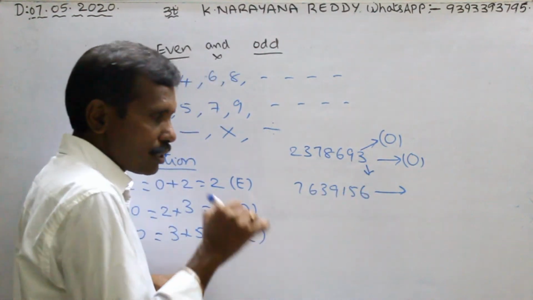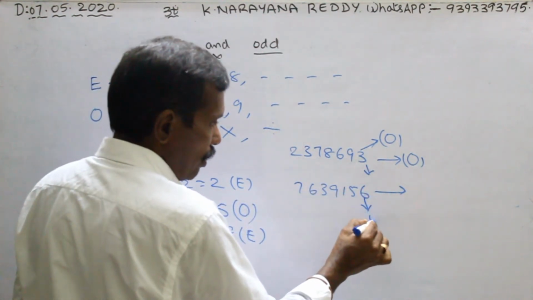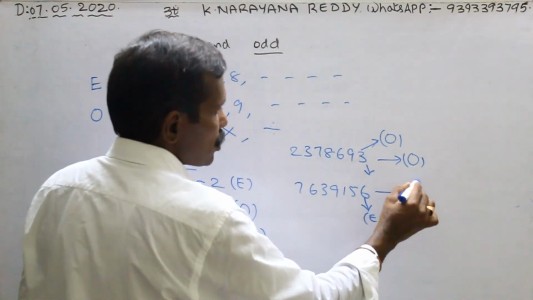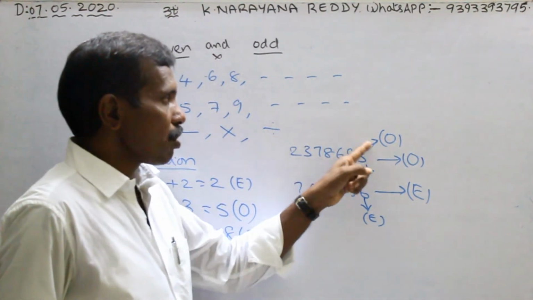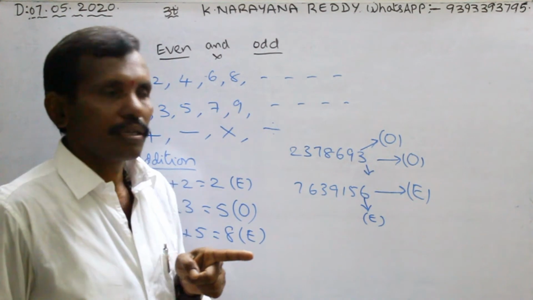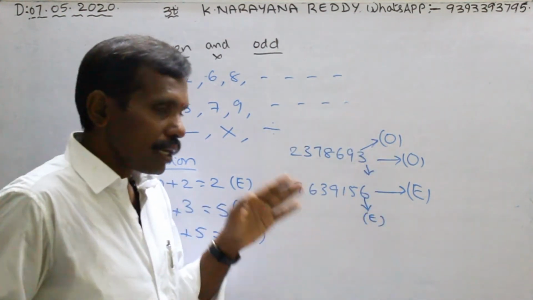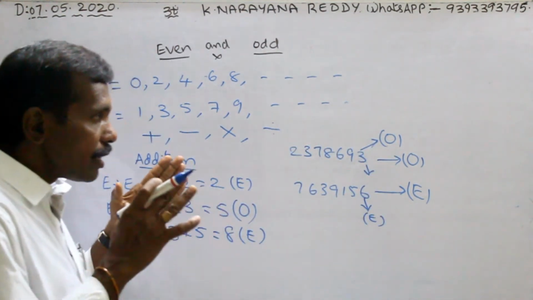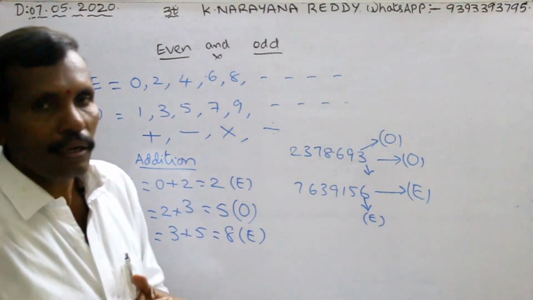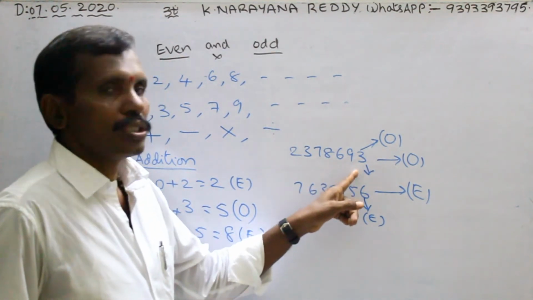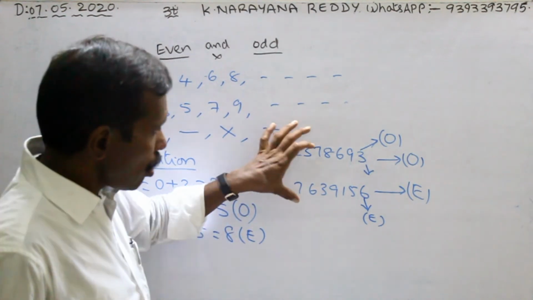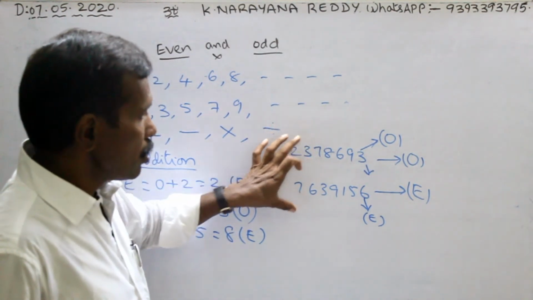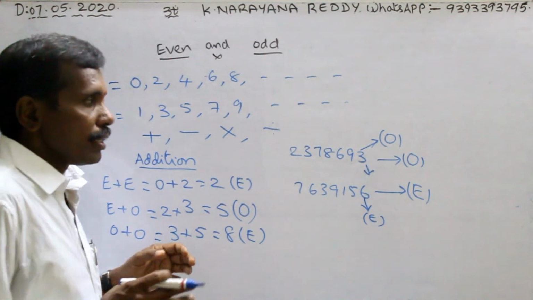Which type of number is this one? This is even. So whether a number is even or odd depends on the last digit. That's all. In this way, we can identify the digit or number depending on the last digit. So whenever you are doing calculations depending upon these numbers, you can identify easily whether the result is correct or